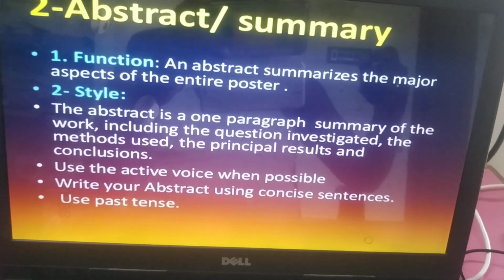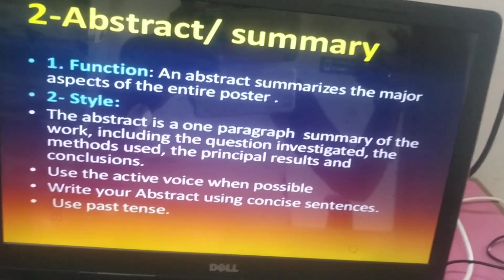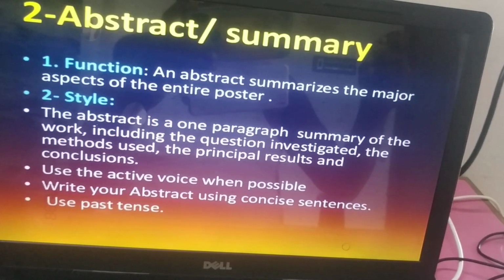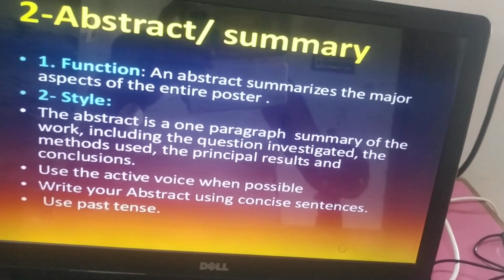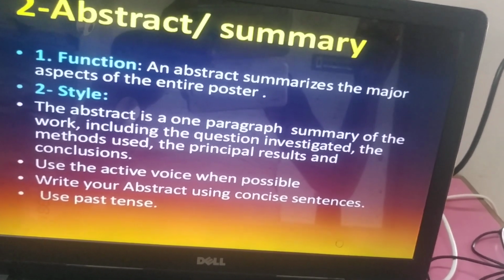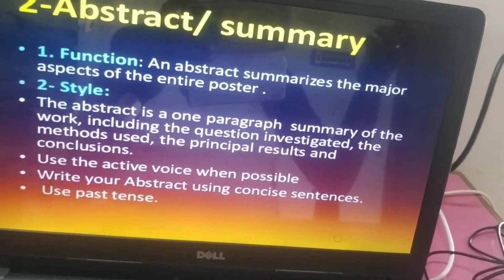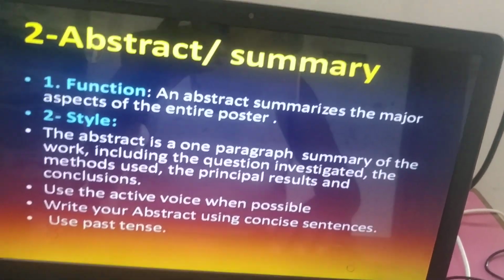So the summary is most of the time what scientists first go through, the summary or abstract. Right? If it is good, they will go to your detailed paper, the detailed things. Isn't it? Otherwise, they skip away, isn't it? So it should attract the scientists who are well versed in your subject.